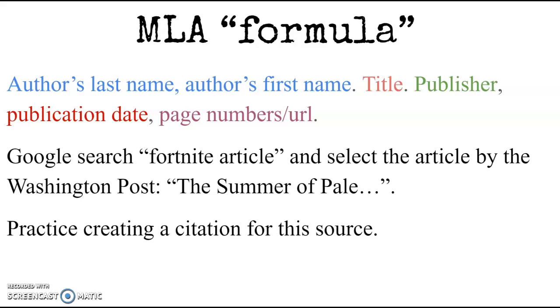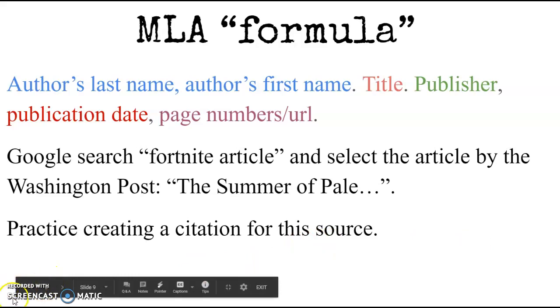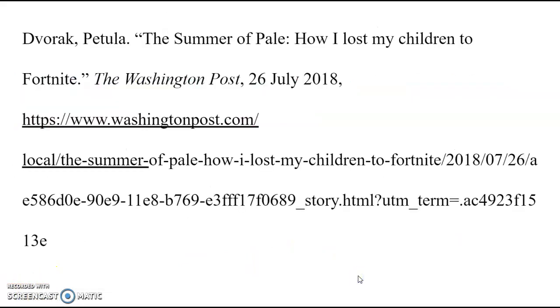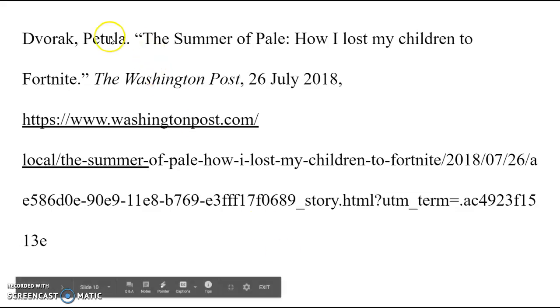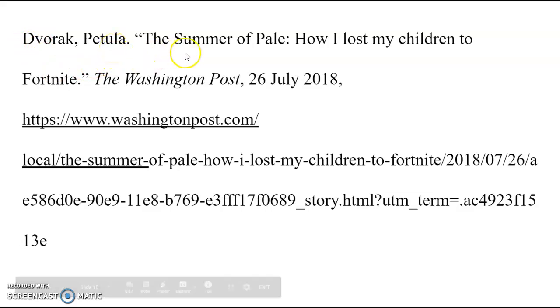At this time, please Google search Fortnight article, and you are looking for the Fortnight article, The Summer of Pale. Create an MLA citation by looking at this article. Your citation should look like this: author's last name, author's first name, the title of the article in quotation marks